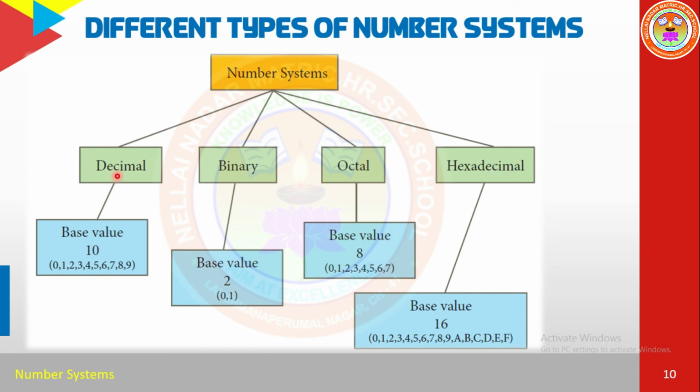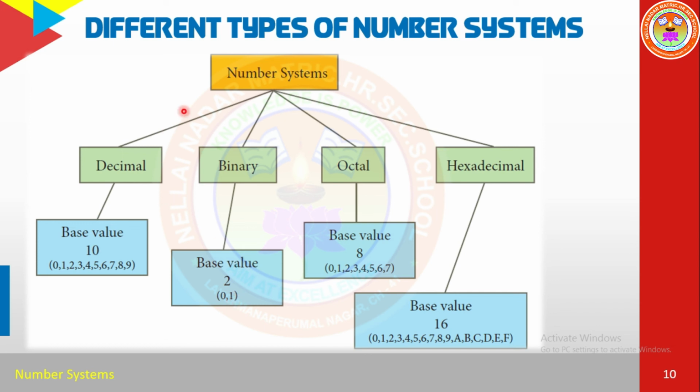At the very first, we already discussed binary. Binary is nothing but 2. So the base value of the binary number system is 2. So what are the values? Only zeros and ones. This binary number system does not have any numbers like 2, 3, 4. Binary has only 2 values, one is 0, another is 1 alone, no other number comes.